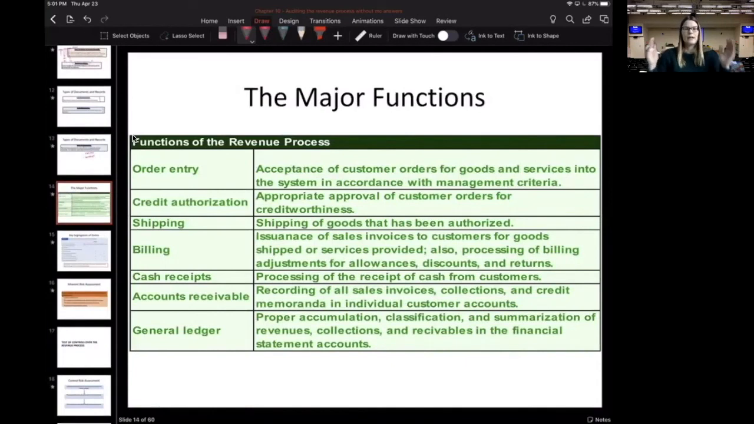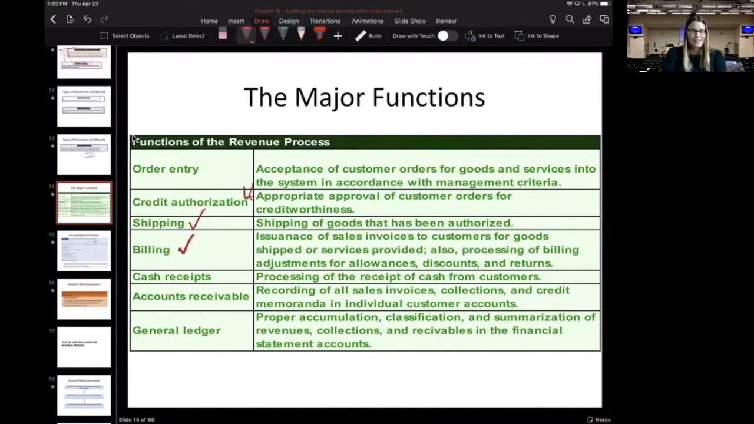So this slide just summarizes everything we just talked through, these major functions within the revenue process. So the order goes into the system, right? The customer calls up and says, hey, I want a bunch of hand sanitizer. The order goes into the system. Their credit is authorized. The goods are shipped out. Then we are going to bill them for those goods. Then hopefully